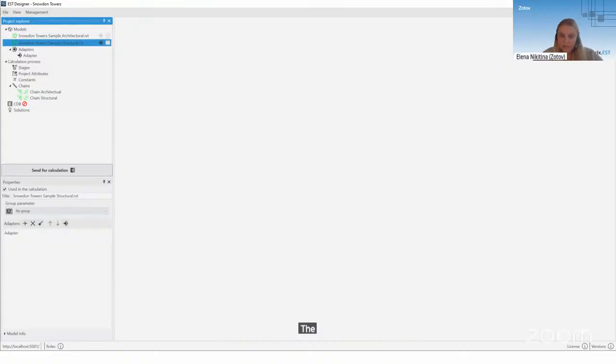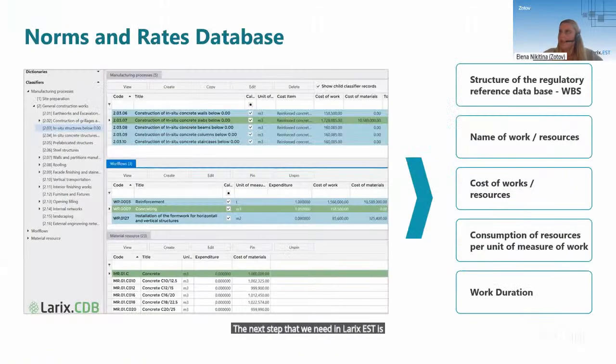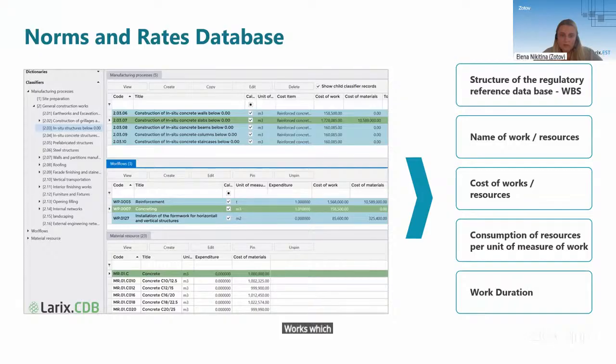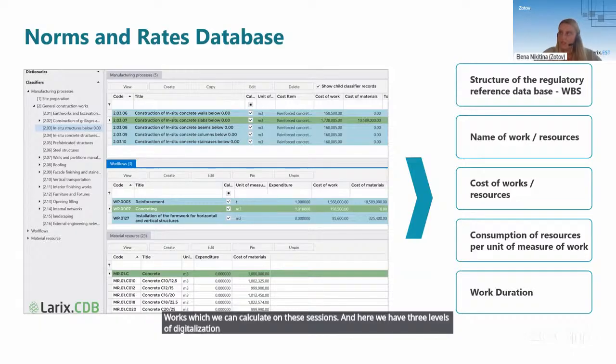The next step that we need in Larix EST is the norms and works and rates database. Now in our session we will work with the Larix CDB dictionary. We have different works which we can calculate in these sessions, and here we have three levels of detailization of these works. What it means, we have